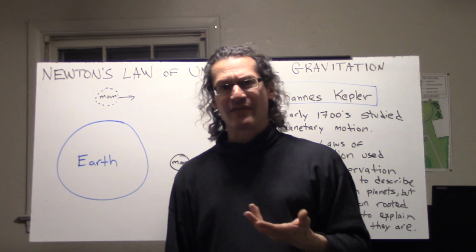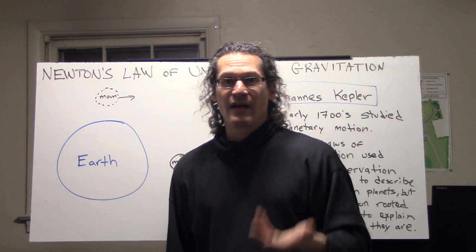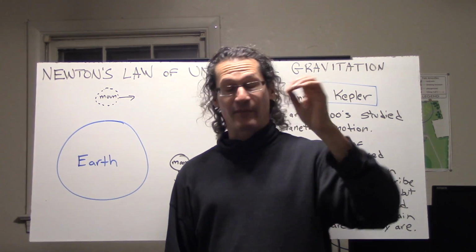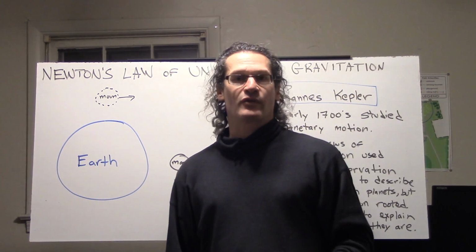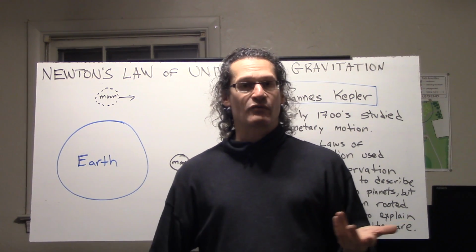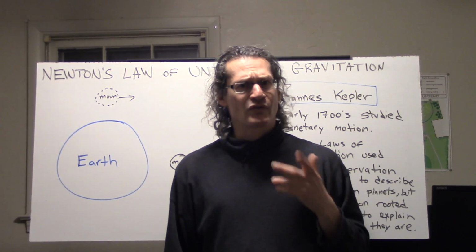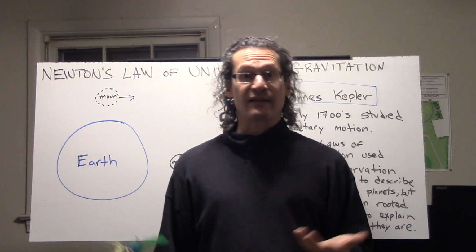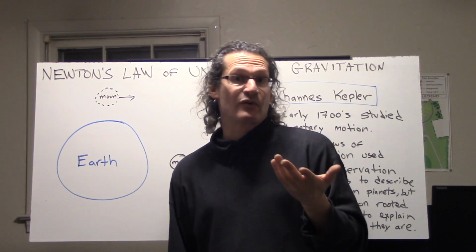And what he realized is that the same stuff that happens on Earth, the gravity that we see, things falling towards the center of the Earth, has everything to do with what's keeping the moon in orbit around the Earth. He linked the celestial with the terrestrial, space and all the objects there with Earth as we know the things around us. And that's a really profound thing, because that was not the thought pattern at the time. So that's where the true genius is. He really linked two things that we now know as pretty much the same place, our universe, our solar system, our galaxy, etc. But back then it was pretty revolutionary.